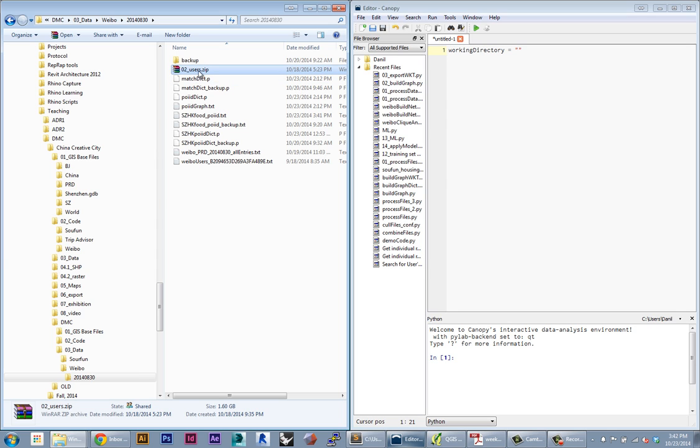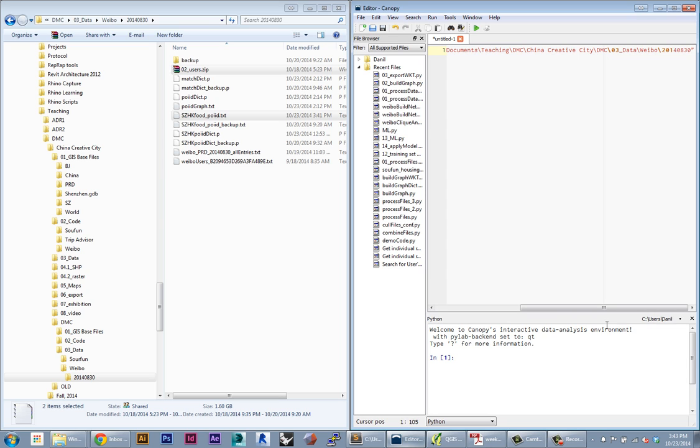So I have my users.zip, and make sure you download the zip file. The first time I posted a .rar file, that's fine, but it's much easier for Python to work with a zip file. So I have that in here. I have my Shenzhen Hong Kong food POIID text file, right? And I think that is all I will need. So if you have these two files in your directory, just put that directory as your working directory, and I